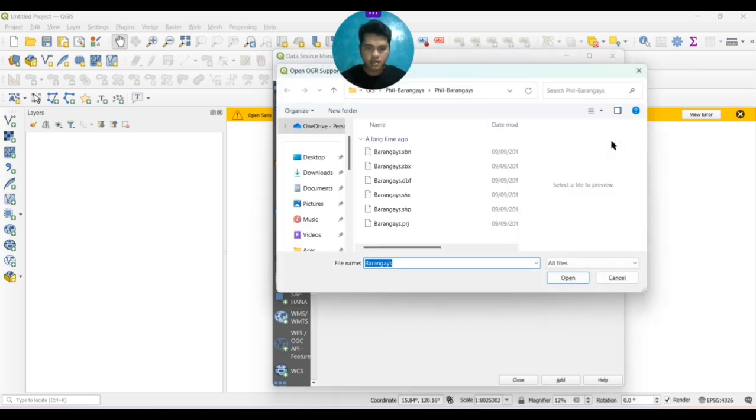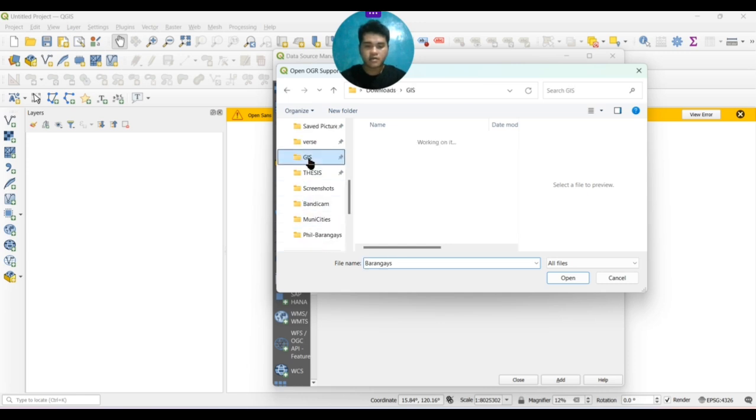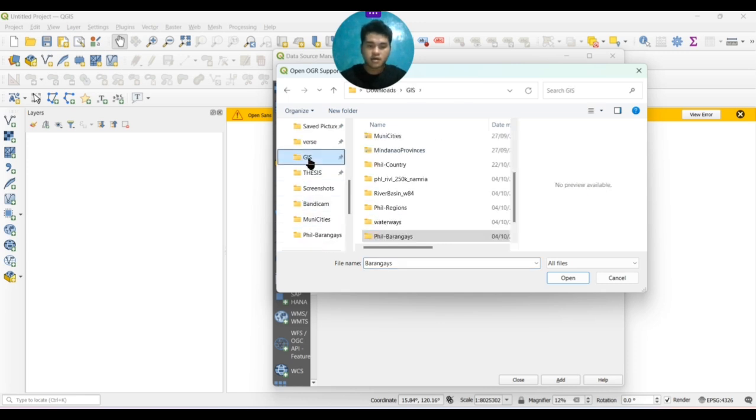Click the browse button here, and then look for your GIS file, where your instructor or the already downloaded file is. In my case, I named it GIS. So here we double click the file, and then we look for the country. In order to achieve the map, you must first create the country map itself.